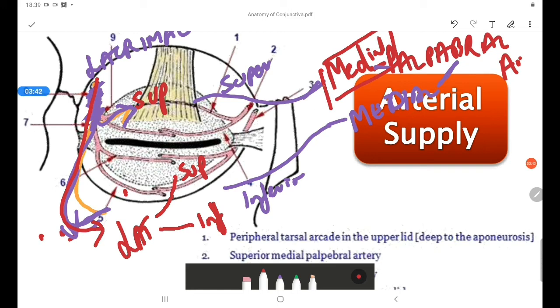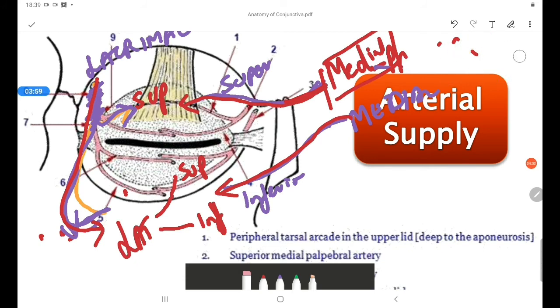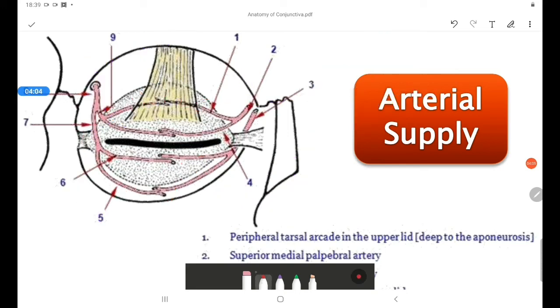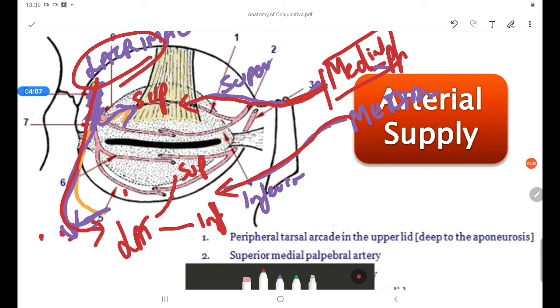On the medial side, they are two branches of two different arteries, and the medial superior palpebral artery is different and the medial inferior palpebral artery is different. They are not part of the same branch like you see in the lateral part. Now after these medial superior and inferior palpebral arteries are given, we should know that there is a